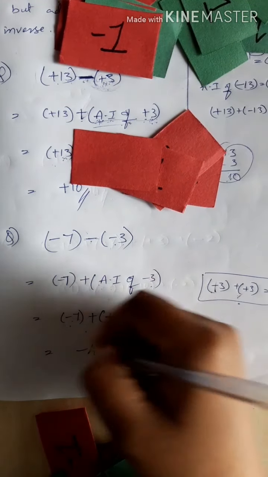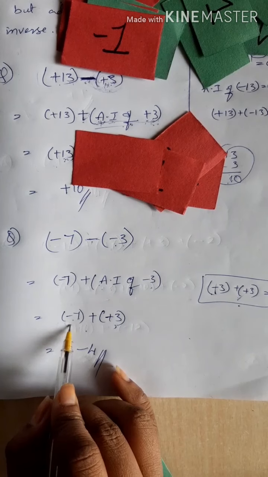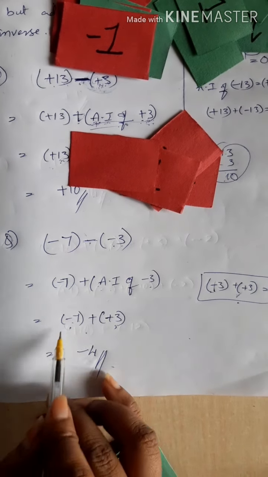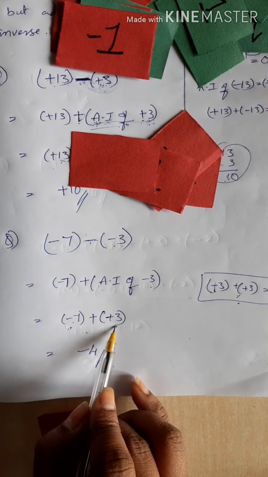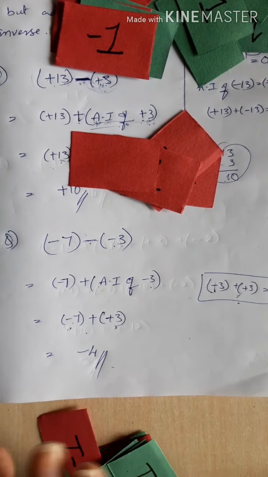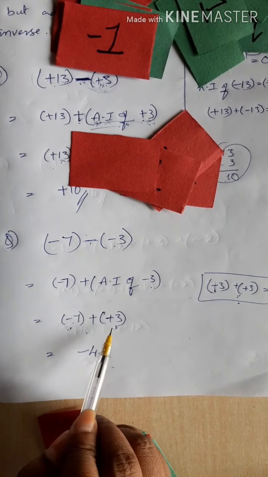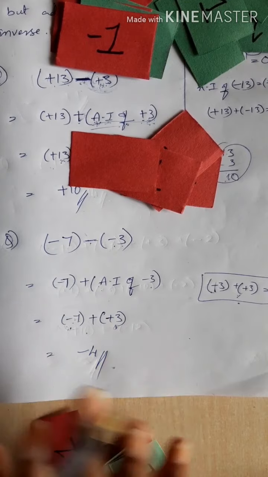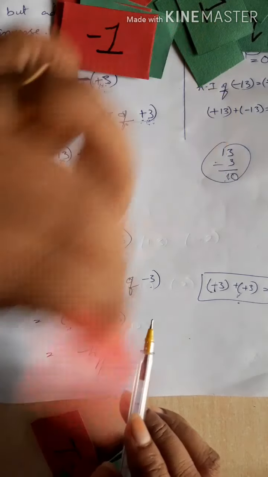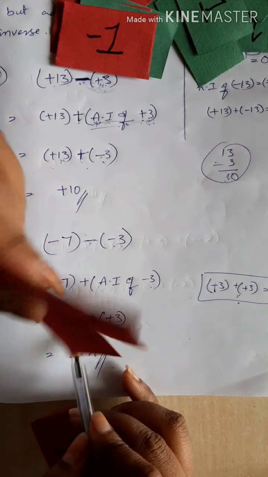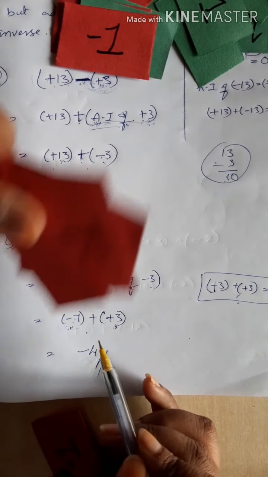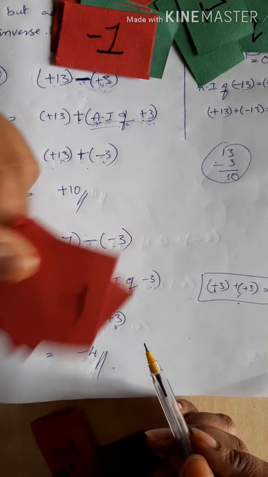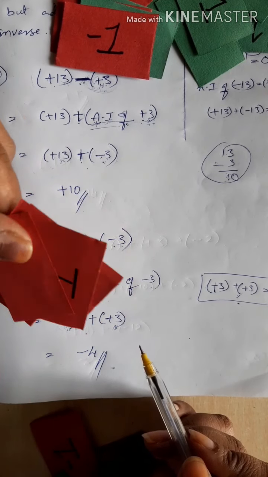Before writing the answer, you will come to know which cards are more here. Red color cards are more. See, a negative number is always smaller than a positive number, but I am not asking which integer is more or which integer is small. I am not asking that. Which number of cards is more here? 7 cards you have taken here. So the number of red cards is more, so the answer also you are going to get in red cards only. Hope you have understood. Okay, think.